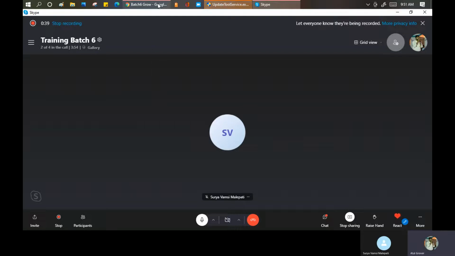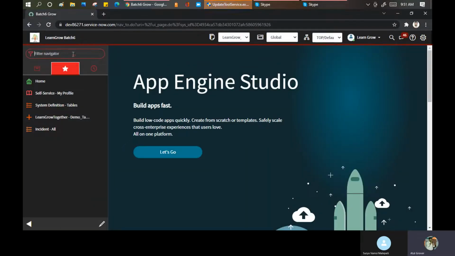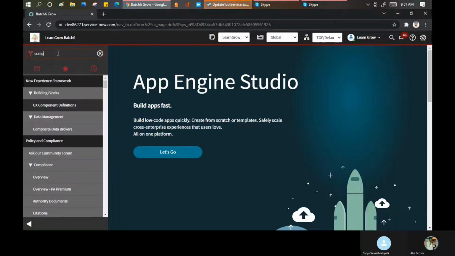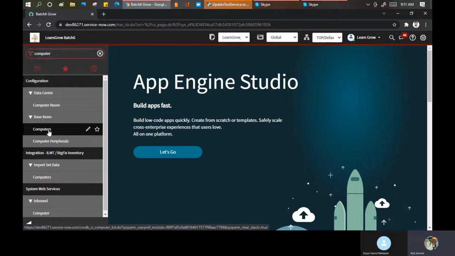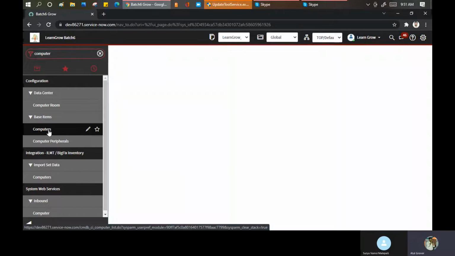Now we will go to the next level, the basics which we are going to discuss. Suppose I created a CI here. Let me pick an example. Yesterday we created a CI for the computer called batch 6, and we saw that an asset was also created for that particular CI.